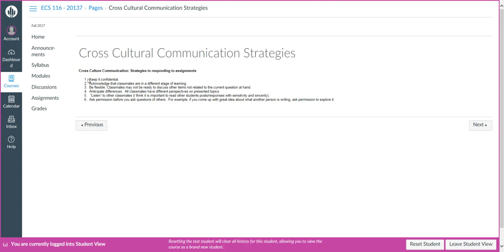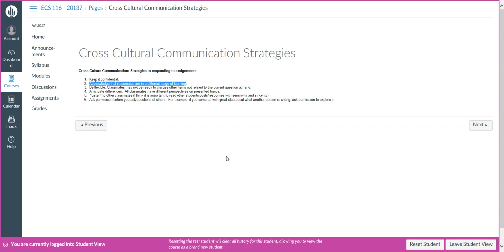So just realize that information that's discussed in this class is confidential. Sometimes people bring up personal information, or they might relay a specific experience that they've had in the community, and we really just want to keep that within our class. Acknowledge that the classmates have different stages of learning. So some of you have been on the journey of diversity for a lot longer than others. Some of you may have done a lot more introspection of yourselves.